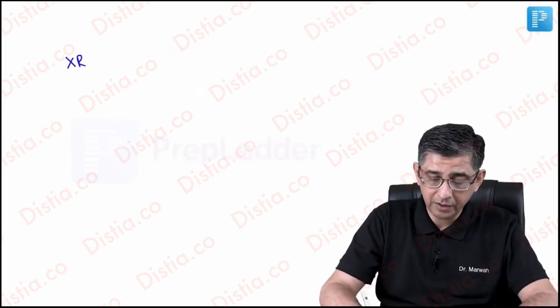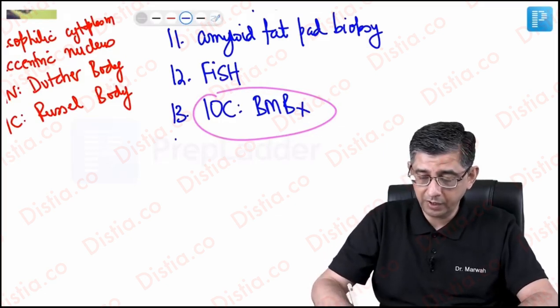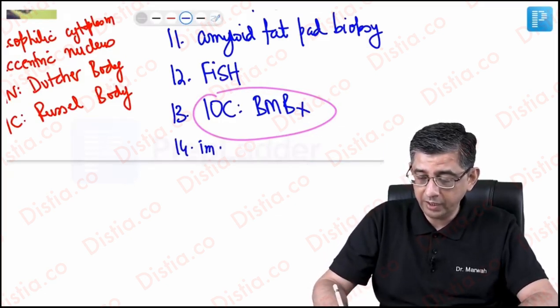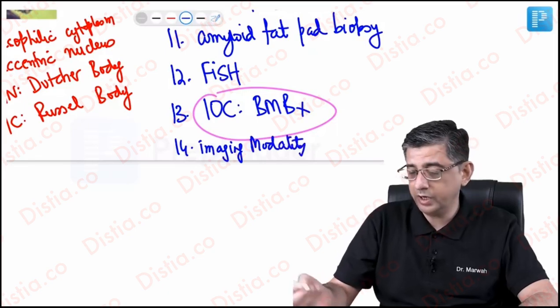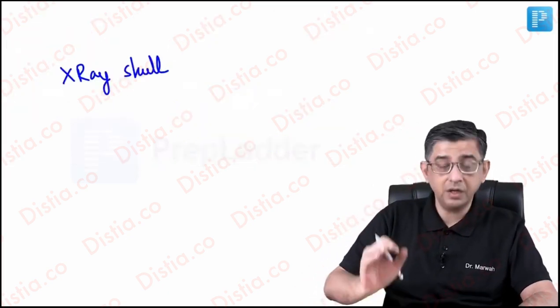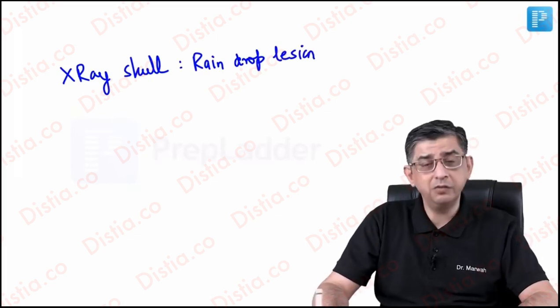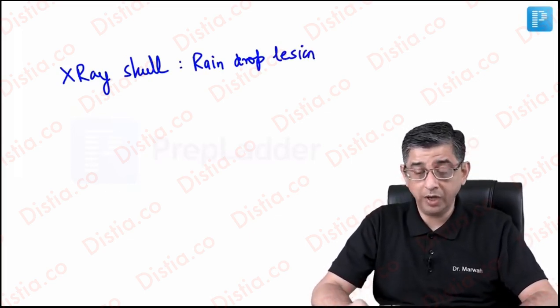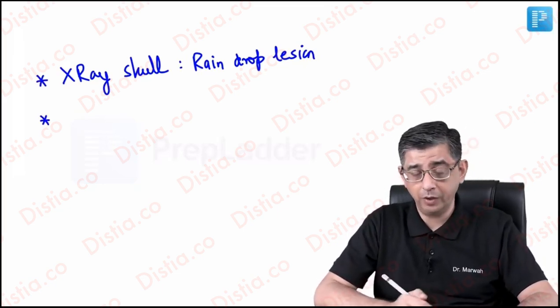I did not write that X-ray skull in the workup of these patients primarily because I have already highlighted the imaging modality of choice for these patients. In fact, point number 14, which can be added here just as a retrospective, is that the imaging modality which can be done to identify the lytic lesions would be a PET-CT. If X-ray skull is given, he will always use the word raindrop lesions, because lytic lesions can be present even in osteopetrosis. I repeat again, you can have an X-ray skull where lytic lesions can be present even in osteopetrosis.